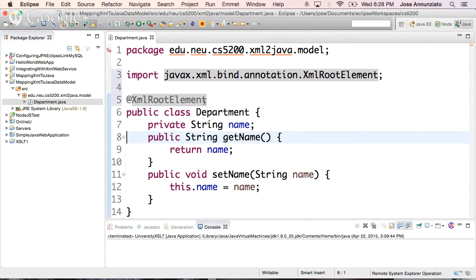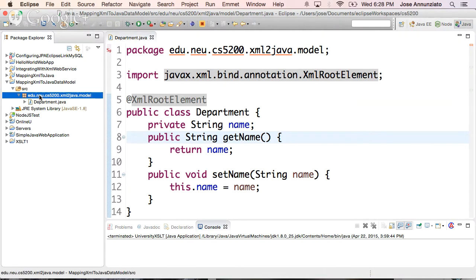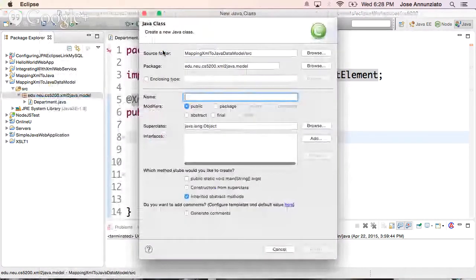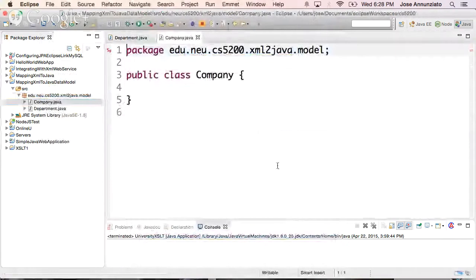And how about we create a company that has many departments? So we'll do something very hierarchical. Here's a company, and the company has many departments, and each department might have many employees. So let's do a fairly deep hierarchy that is well normalized. So let's create also here another one. We'll say new class, company, and we can say that this is also going to be a root,